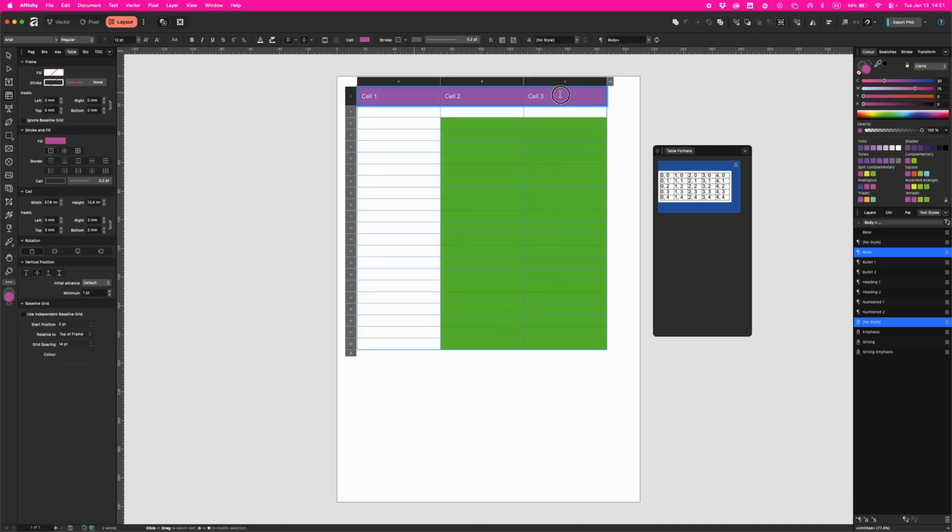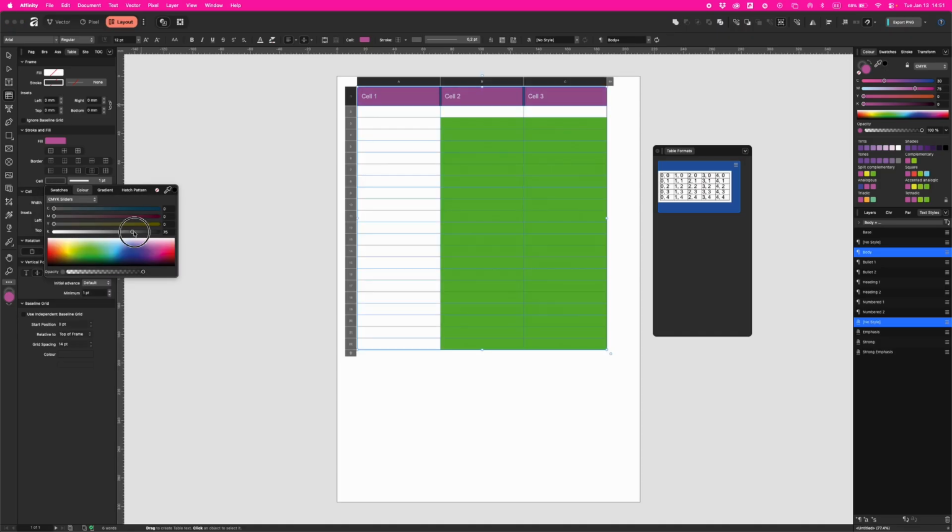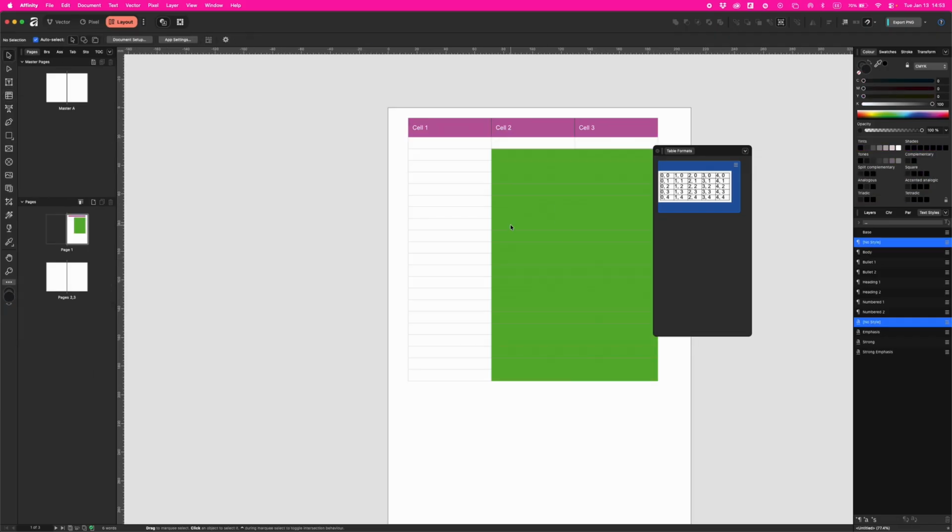What else? Let's give it a border in the middle of cells, and that can be a little bit bolder, something like 1 maybe, and maybe let's give it 90. See, it's good for now. And now after you have finished your table design and you're gonna use it over and over and over again,